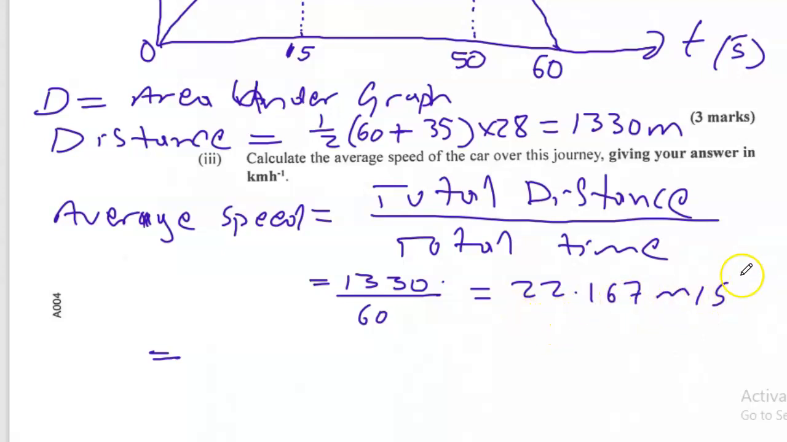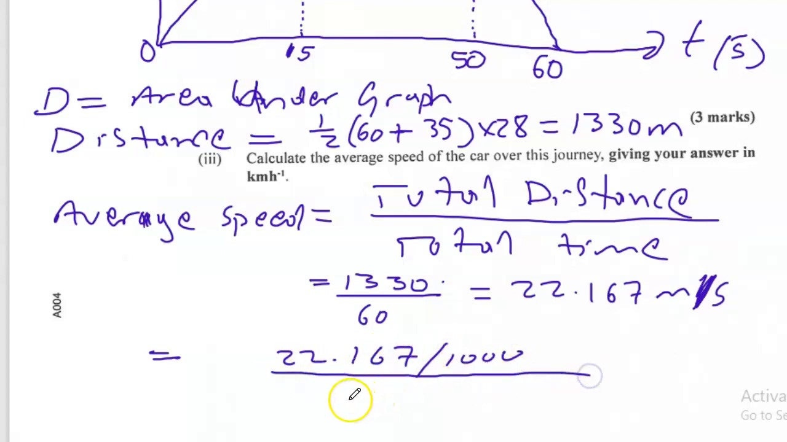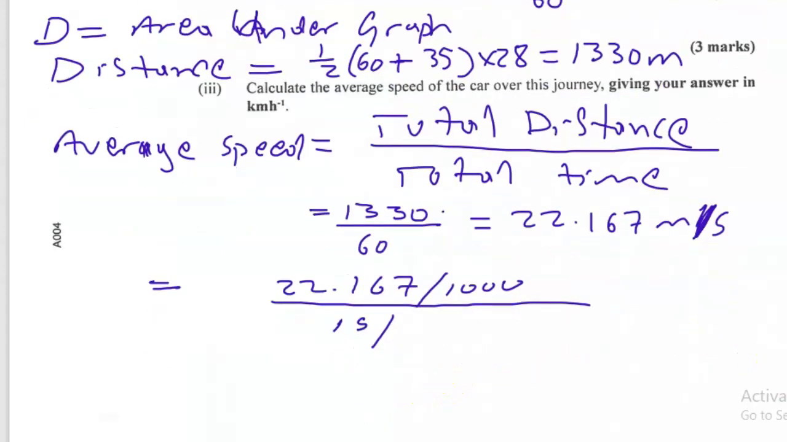Alright, so I'm going to take 22.167 meters. To convert the meters to kilometers, I will divide the 22.167 by 1,000. And then divide by the seconds. So 1 second, I'll convert seconds to hours. How do we convert seconds to hours? Divide by what now? 3600. So this becomes,